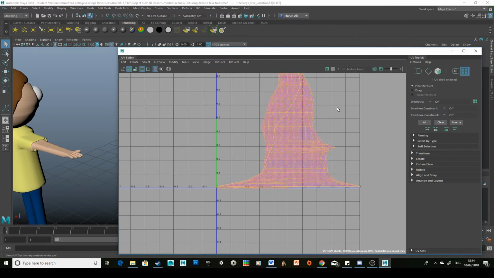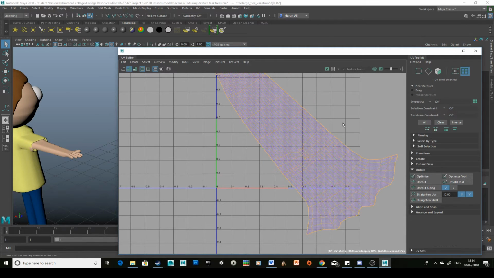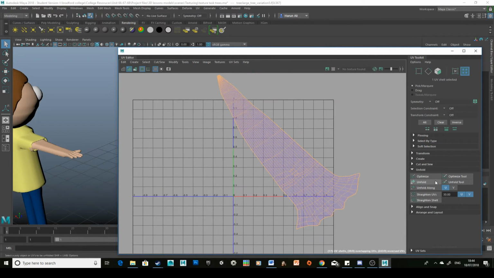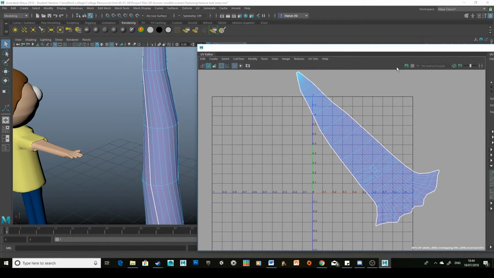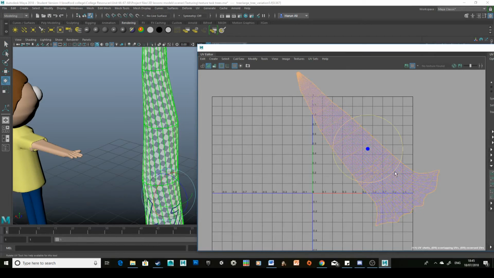With this organic stuff, what we can do is select the whole object and go to unfold and unfold the image, like so. The unfold tries to essentially unfold your UV shells with the least amount of distortion possible, and you can see it's done a fantastic job on this already. If I go to the checkered texture option here, and obviously it's at a slight angle,